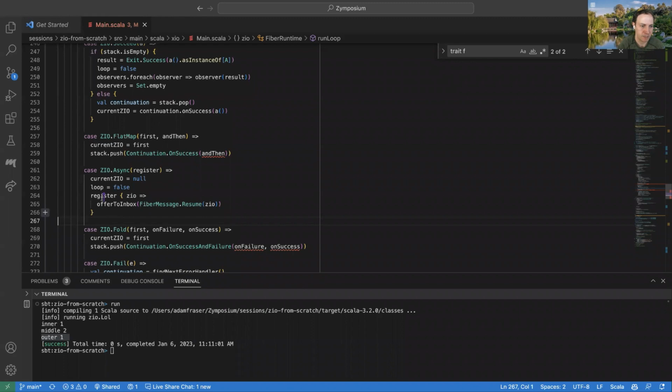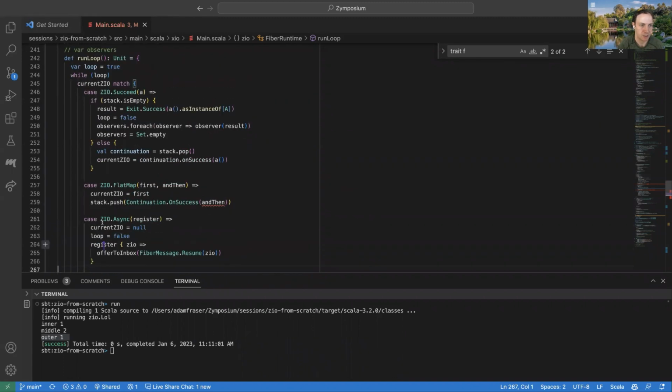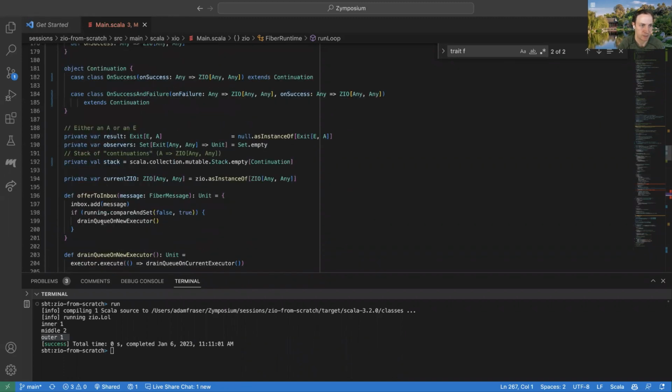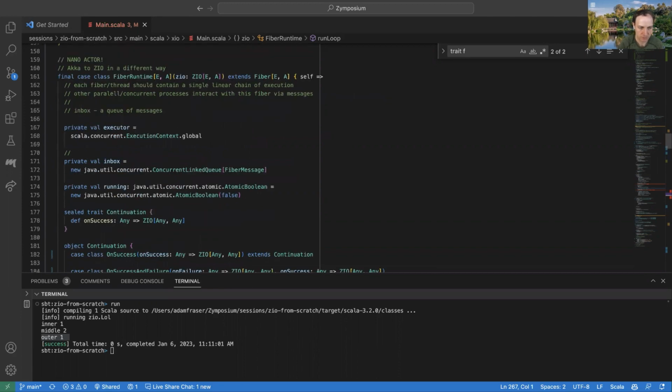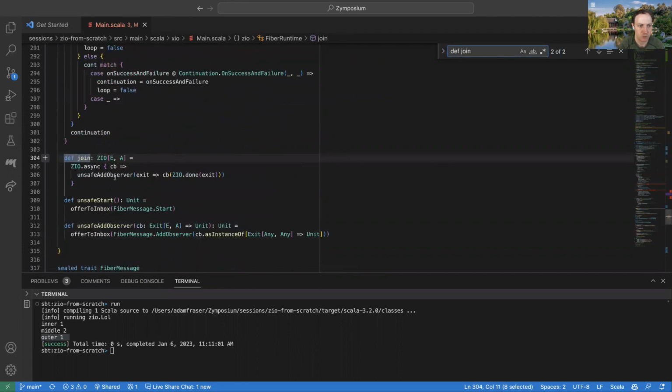And that ended up being really important because this async is actually how we implement this join operator. So if we look at the implementation of join, all join does is it says, add an observer to this fiber and tell the fiber when it's done to call us back with its value.